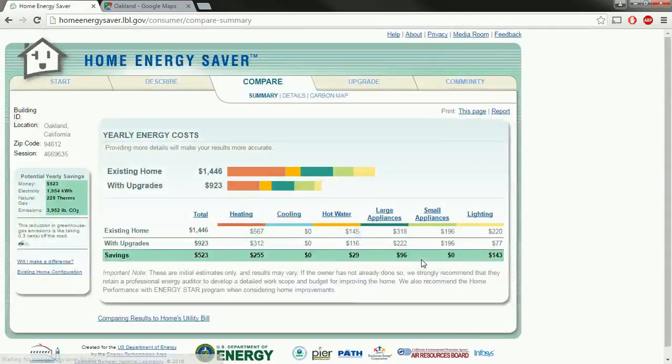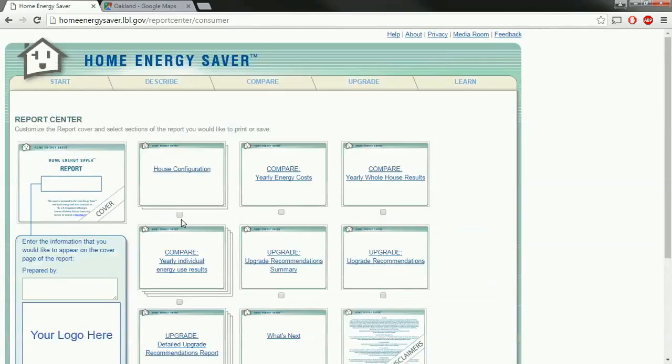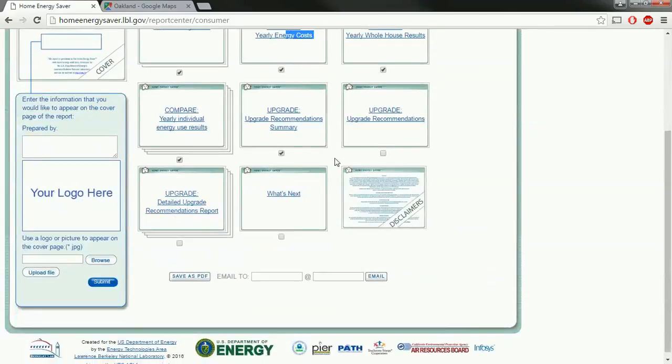And you'll see this actually gives you a pretty good description later. But based on just that information, it comes up with a dollar value for heating, cooling, hot water, large appliance, small appliance, and lighting. And we can translate this into energy use. And the easiest way to translate it actually is to go to this report and have it generate all of these components to the report. It'll make a PDF that's pretty easy to flip through. So save as PDF,